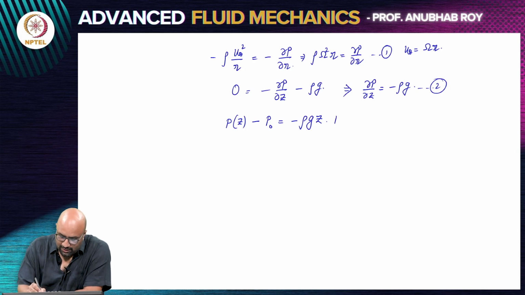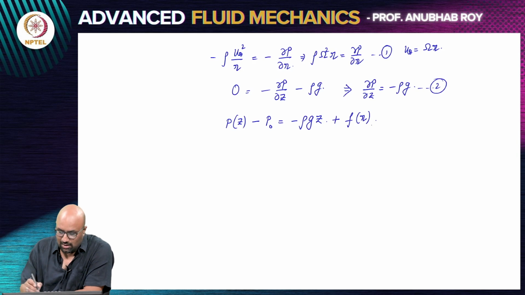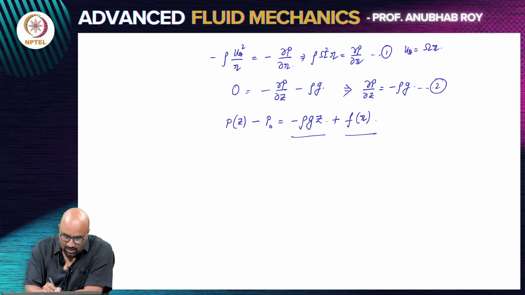Now, obviously, this will have some function of r, because dou p dou z is minus rho g. So, P will have a minus rho g z and then there will be some function of r. So, now if I use this in equation 1, I have P of z comma r minus P naught, and if I now do the integration, I have dou p dou r